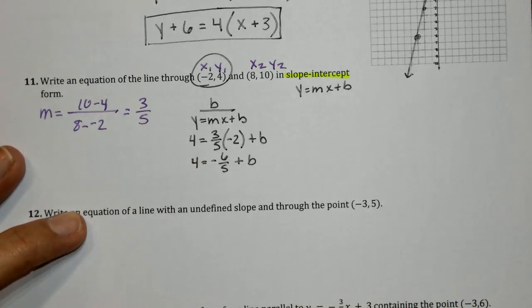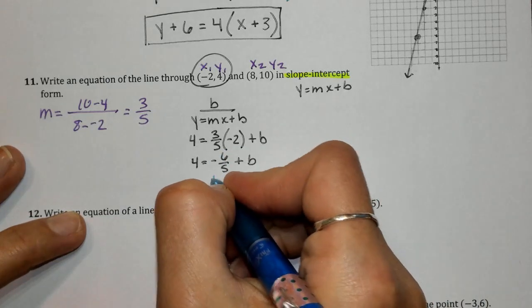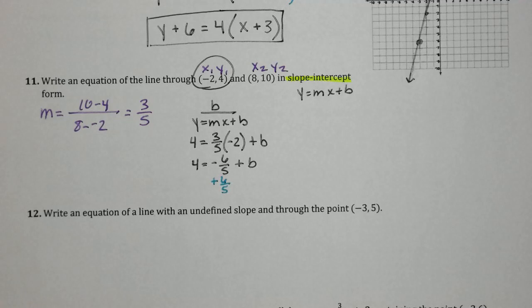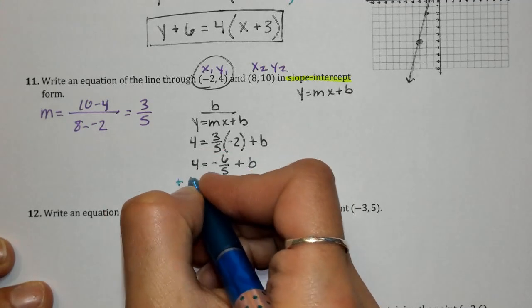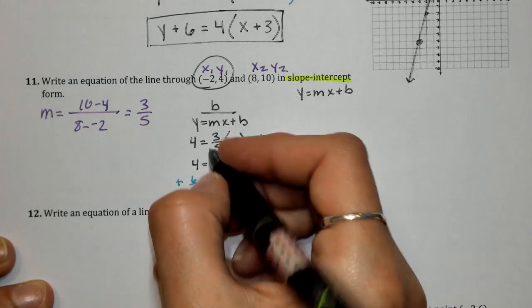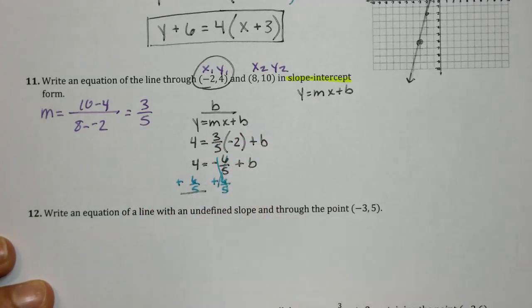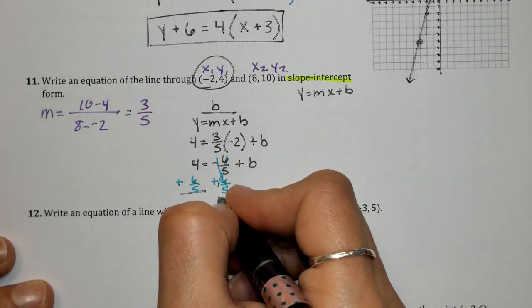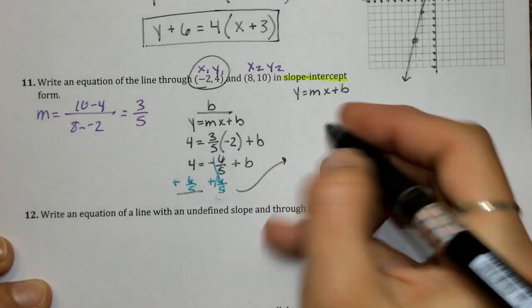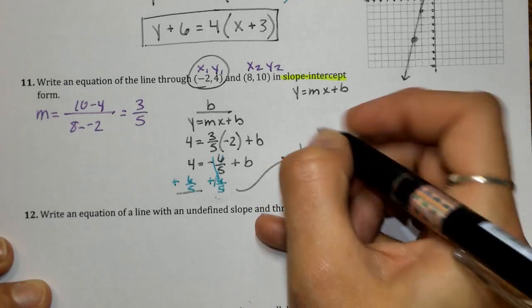And now we need to get b by itself, so I need to add 6/5. Again, you can put this into decimal form if you want to. I did not prior to the video, so I'm just going to go ahead and show you with the fraction. And you could just plug into your calculator, hey, what happens when I take 4 plus a fraction of 6/5? Your b is going to end up, I'm going to write it over here, your b is going to end up equaling